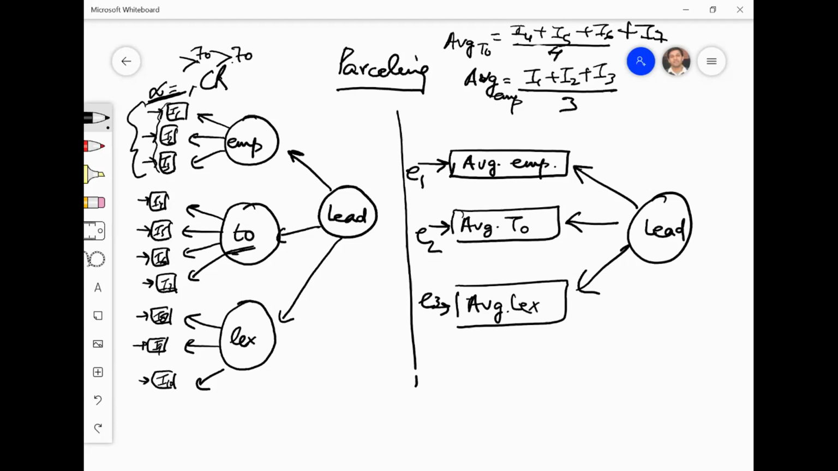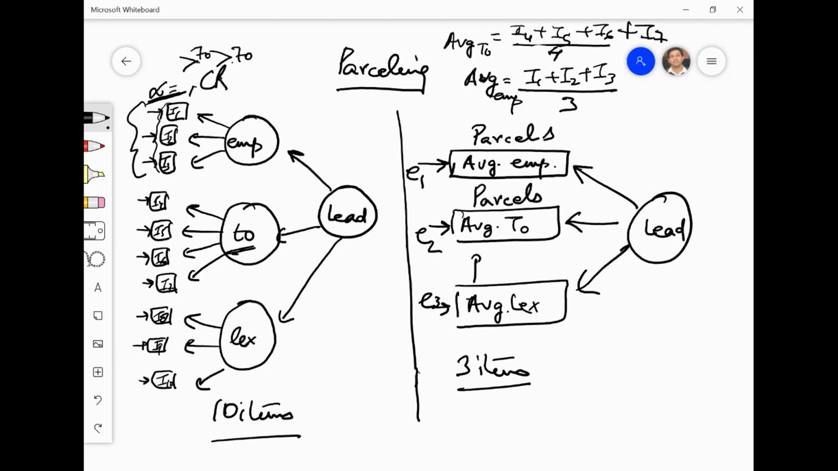Okay, so your sample size, instead of estimating 10 items and their associated parameters, what you are left to estimate is only 3 items and their parameters. So this is called as parcel. These are called as parcels. Okay, this is called as a parceling approach. And what you have done is, if you have, this is total disaggregated. That means